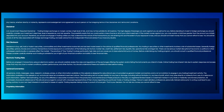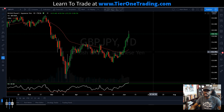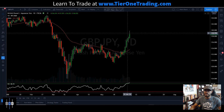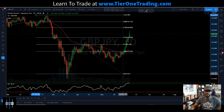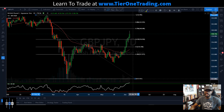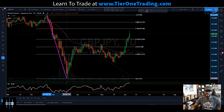Let's take a look at the pound yen. All right, so let's start off on the pound yen. I'm on a daily chart right now, and the first thing that stands out to me is a potential advanced pattern formation. I think we have a pretty obvious swing high to swing low right here. This is going to be a picture perfect impulse leg. And if we take that as our initial move, our X to A,